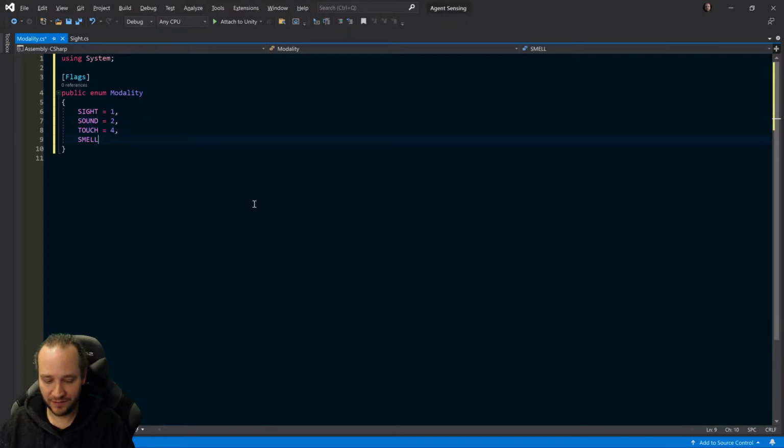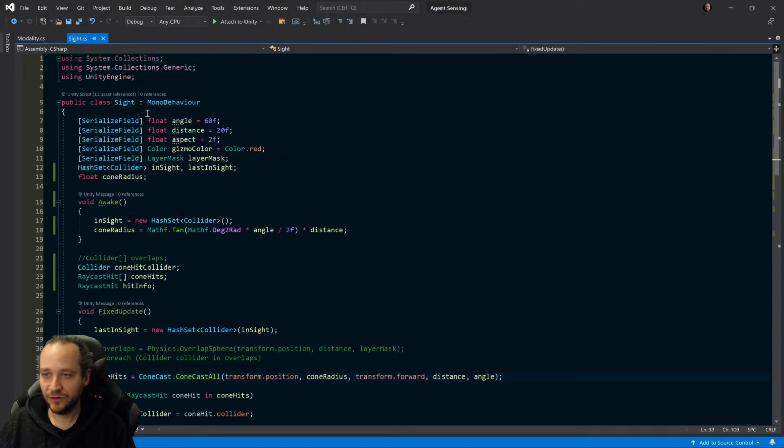And for that, I will give them each a power of 2, so that this is the first bit, this is the second bit, third bit, and fourth bit. I could also write this as this, one with 0 bit shifts, one with 1 bit shift, one with 2 bit shifts. If I don't want to calculate the powers myself, especially later on, this is easier if it gets to like the 8th or 9th or 10th power and you don't want to look them all